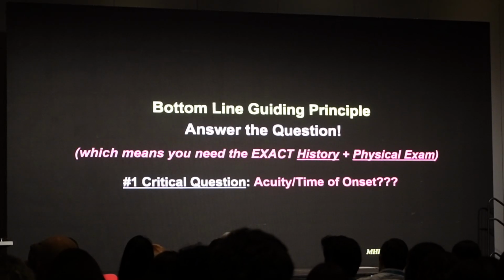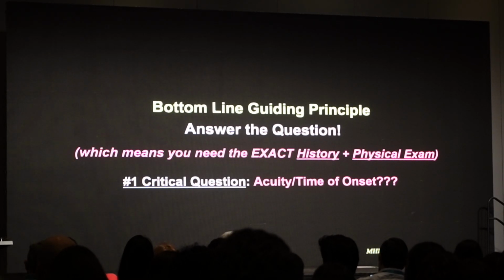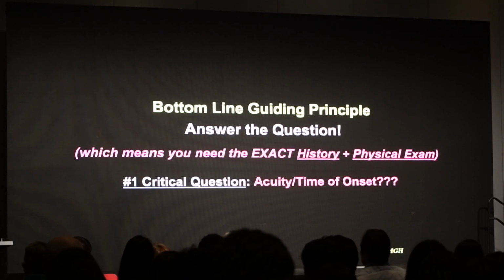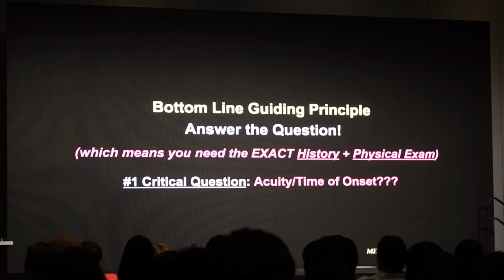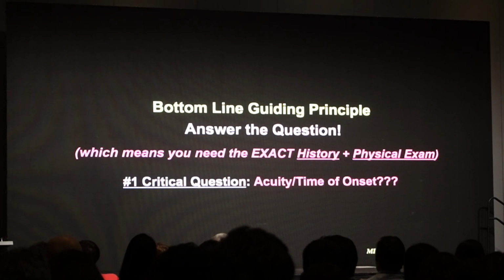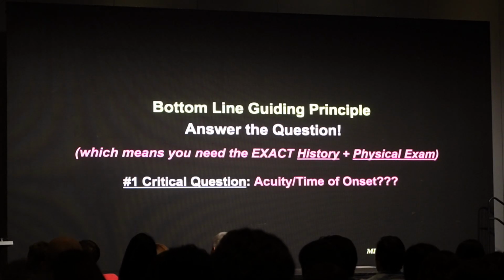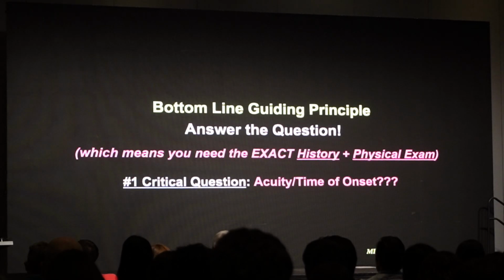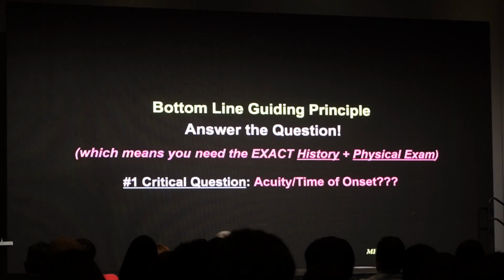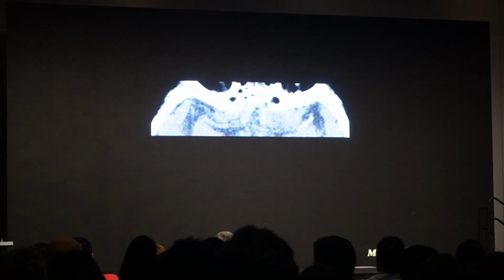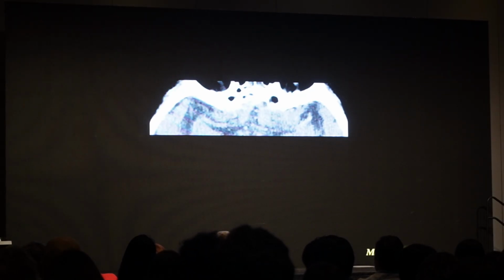Because for treatment, whether it's 4 or 6 or 8 or 24 hours, changes your algorithm for what you're going to do. And so you need an exact history and physical exam. And you need to know the laterality, because things cross, left, right, and weakness, speech, all of those things. But you're going to see, I can give you the take-home message from this entire talk right now,